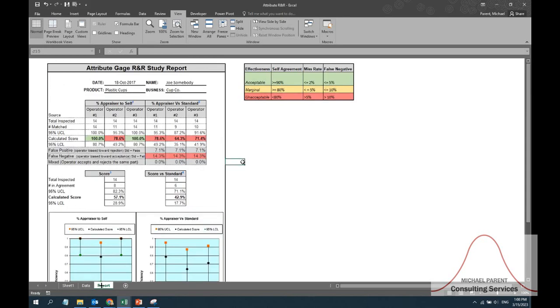So in sum total, this is another way to assess your measurement system if you're using this attribute pass fail good bad way of inspecting your products, particularly at the end of a production process. So very, very handy, and helps us protect the customer and make good business decisions, and is a great source of improvement without actually having to change too much of the process. We're actually just going to change how we measure the